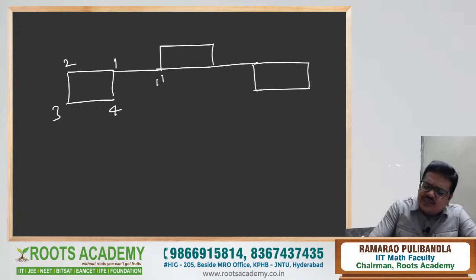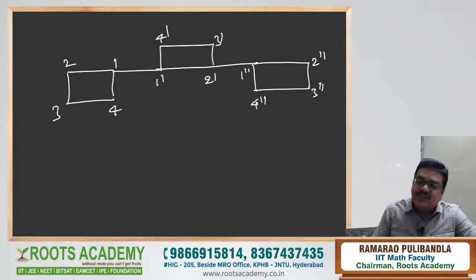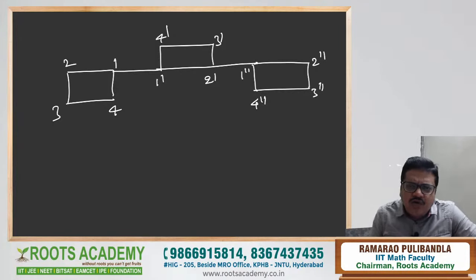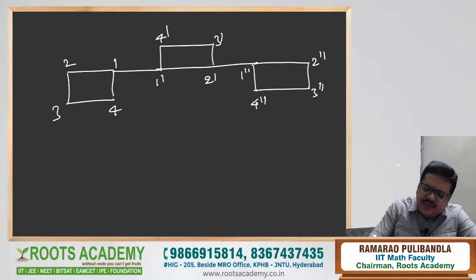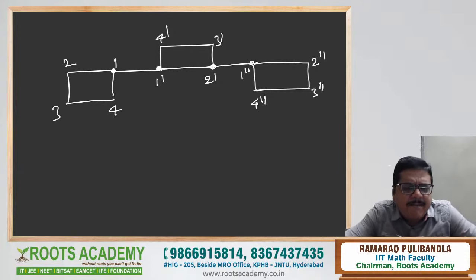Again 1 dash, 2 dash, 3 dash, 4 dash, 1 double dash, 2 double dash, 3 double dash, 4 double dash. Now, where the rings are joined here, these two are joining. So, under these conditions,